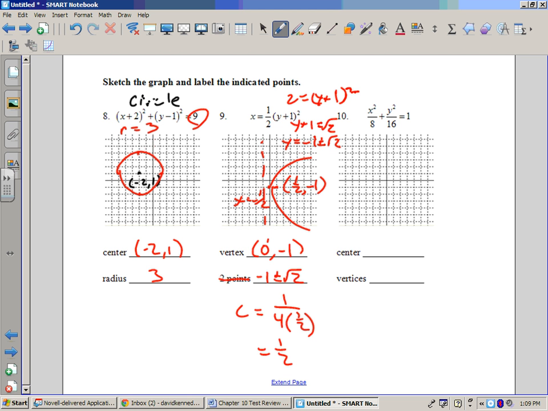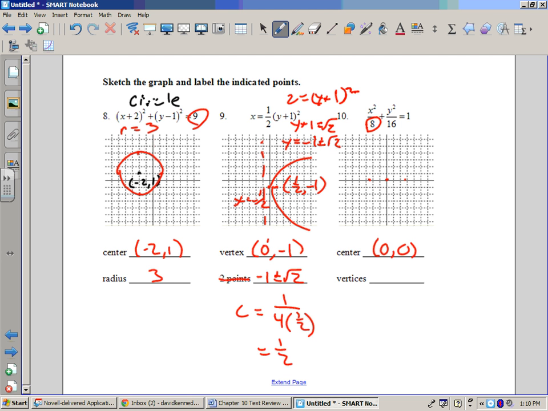Finally, I've got an ellipse. Why? Because it has an x squared and y squared term and a plus sign. The center is 0, 0. X value comes first. I'm going to go out the square root of 8 to root 2, which is, by the way, the center here is 0, 0. That's not going to be my vertices because these are going to be my co-vertices. It's the smaller number. That being said, I'm still going to go out just a little bit less than 3,